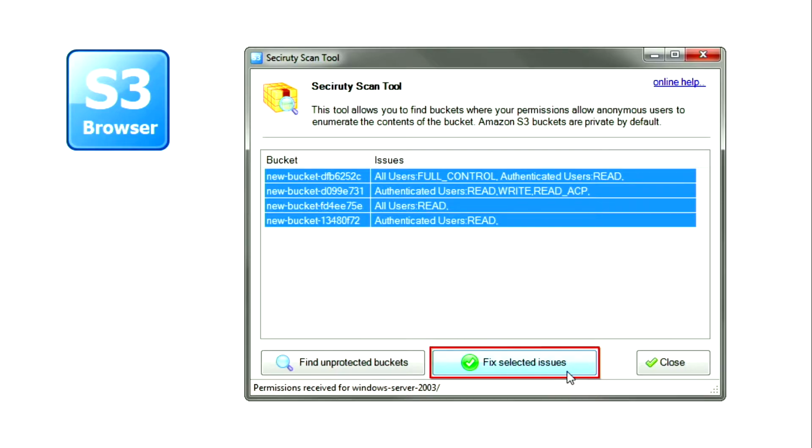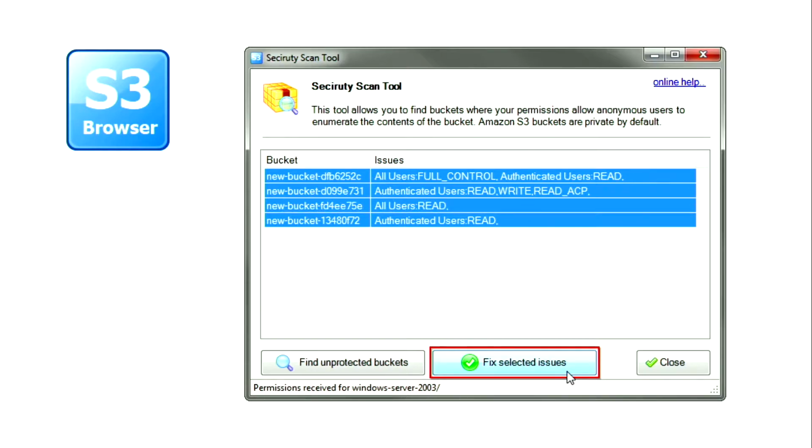I have found S3 Browser, which is usually just an upload tool. It's free for non-commercial use. For commercial use, it's $30, so it's not that expensive. What's great about it is that every time another S3 bucket was compromised or publicly available with sensitive information in it and hit the news, my boss would ask me to go check our S3 buckets for our environment. And I had to go into each one. That's a pain.